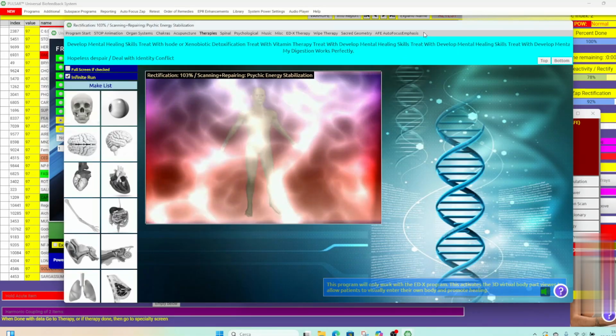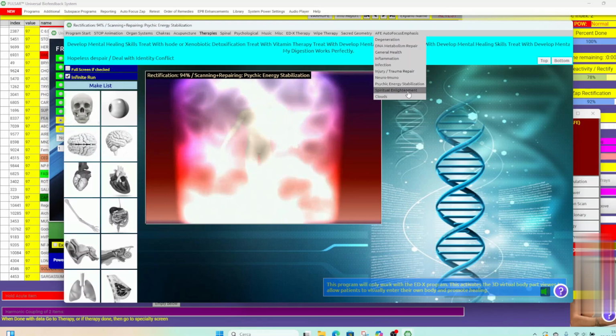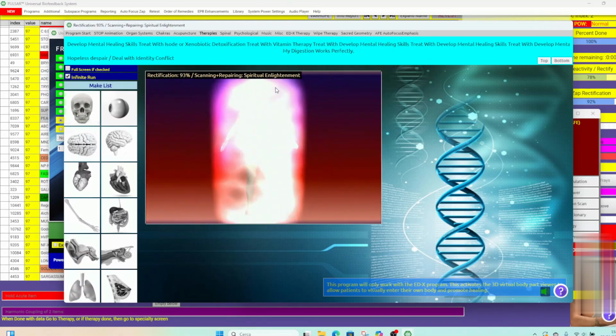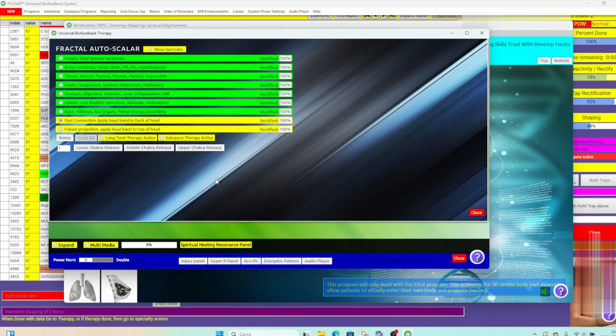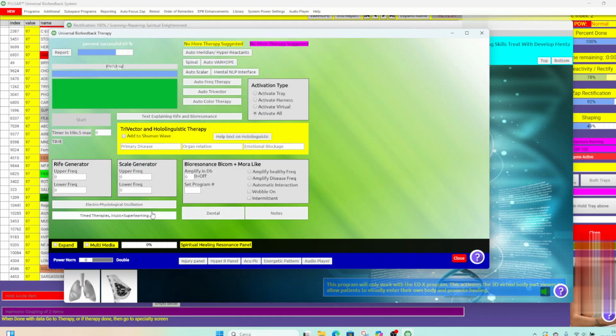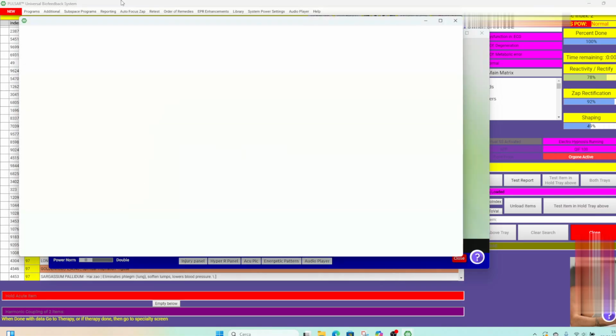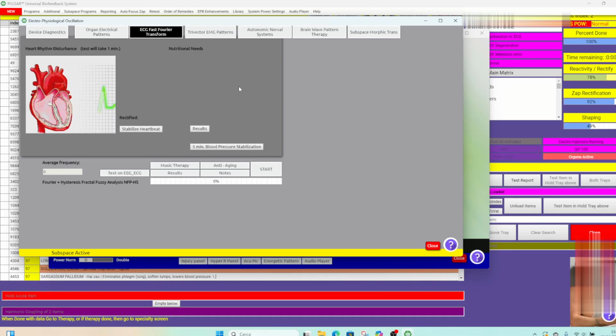And now we can choose spiritual enlightenment treatment, and then we should do a specific program about the aura cleaning. Okay, we can close this program, and we can go to another basic program. These programs are all basic programs that are necessary to do when it is the first session for someone,